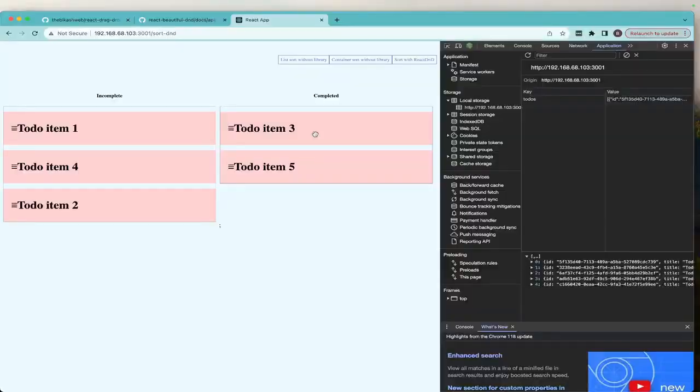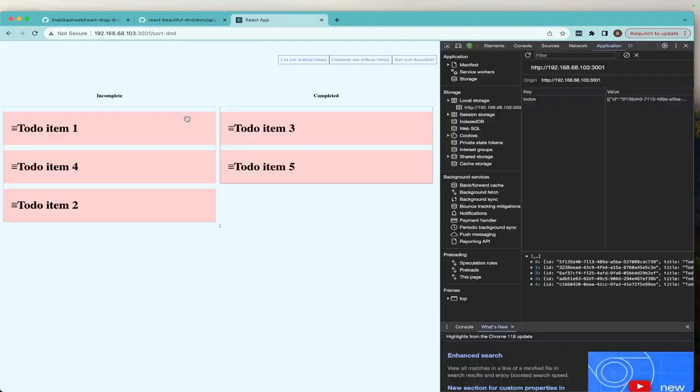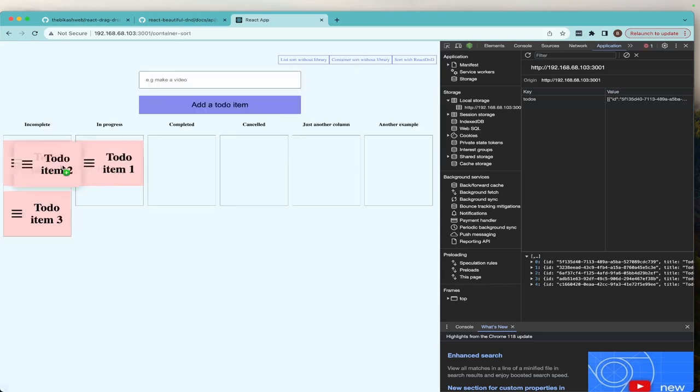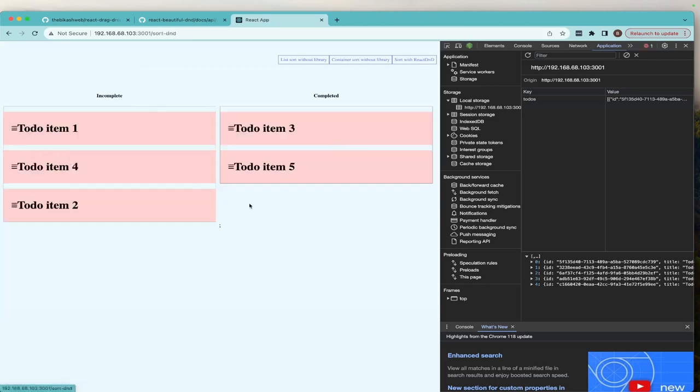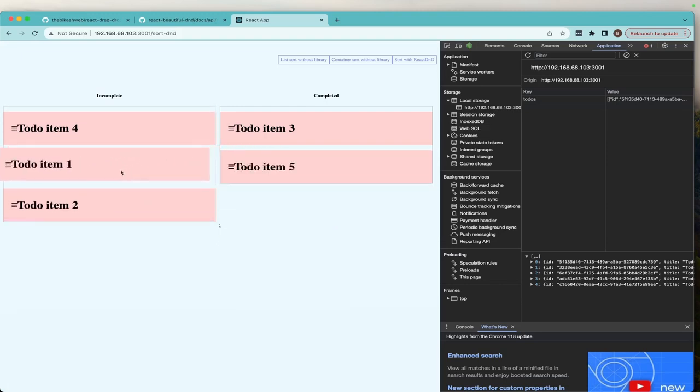So I will bring more videos in the future, building a proper board, almost like what you saw earlier in the example, Trello board or Jira board or something, with multiple items and everything, but also in such a way that you can sort within the board or within the list, or you can sort with another list or add an item anywhere within other columns' lists, and so on. All right,